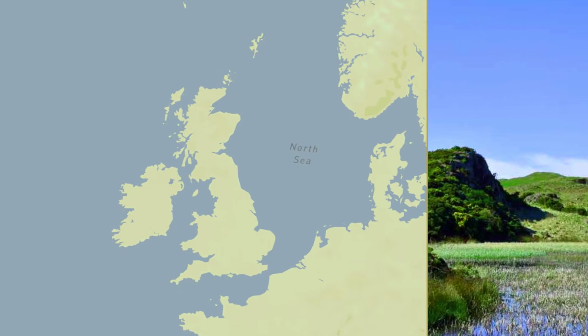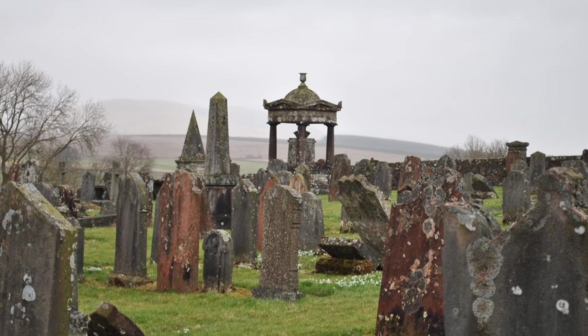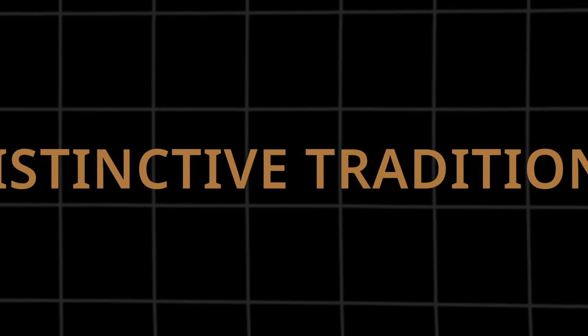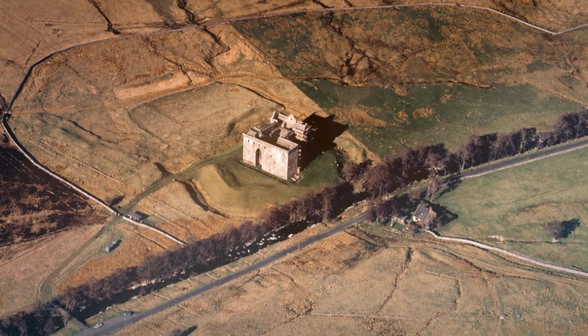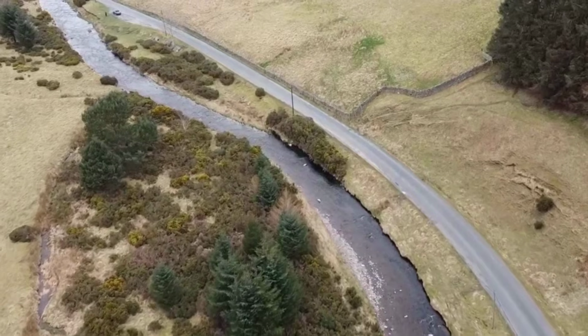Kerr and Carr, Teviotdale, centered on Fernie Hurst Castle near Jedburgh. Bell, the Scottish Western March, centered between Carlisle and the Western Border Hills. If your surname comes from this region, your family was part of the most distinctive and most studied surname culture in Britain. The border surnames don't just tell you where your family came from, they tell you how your family